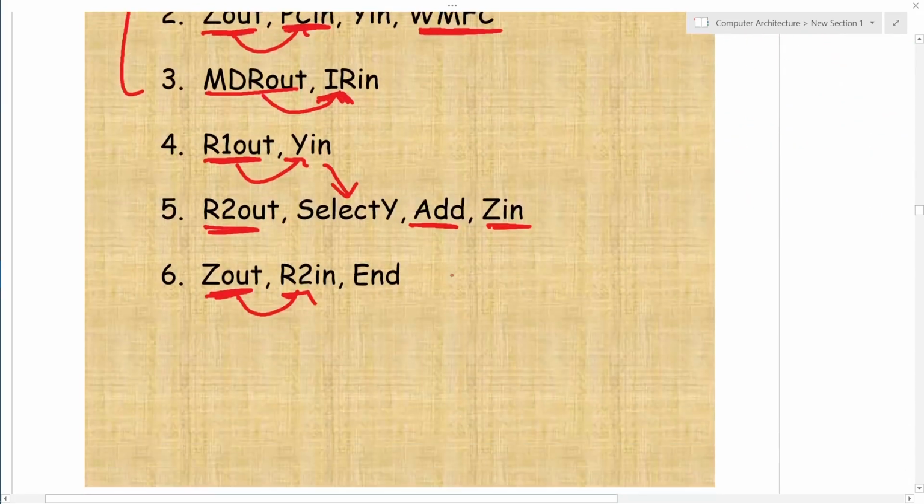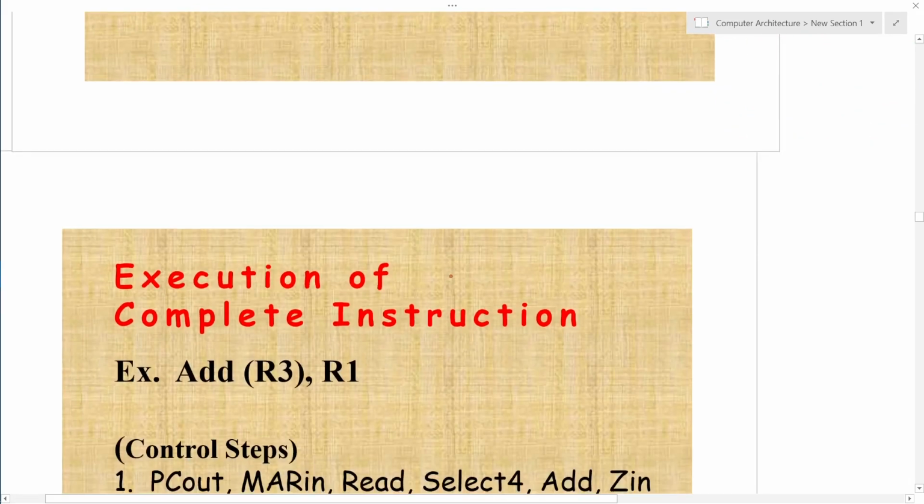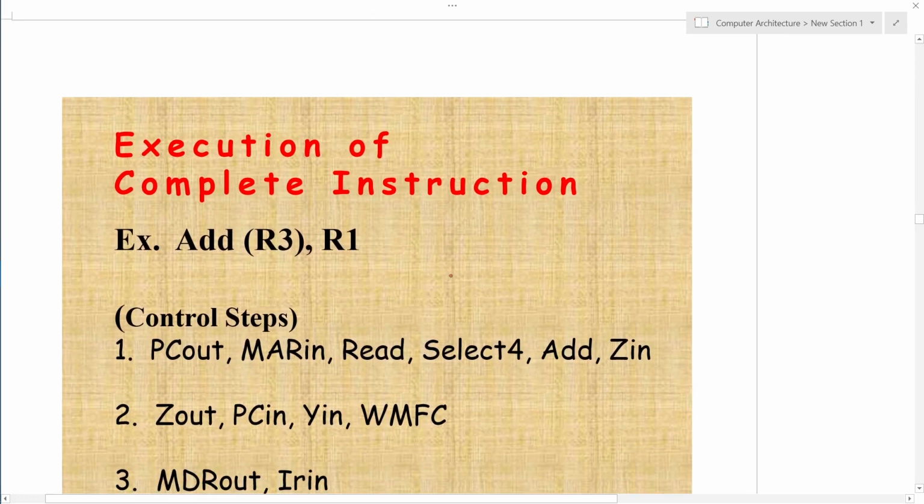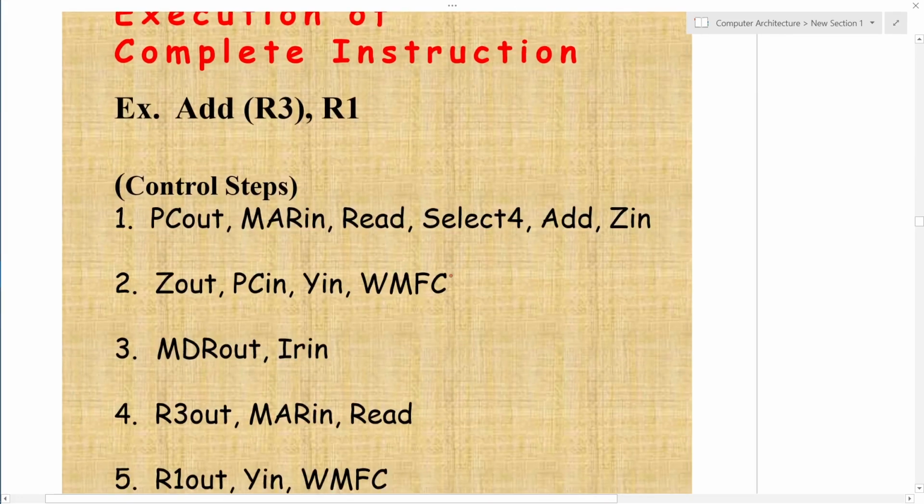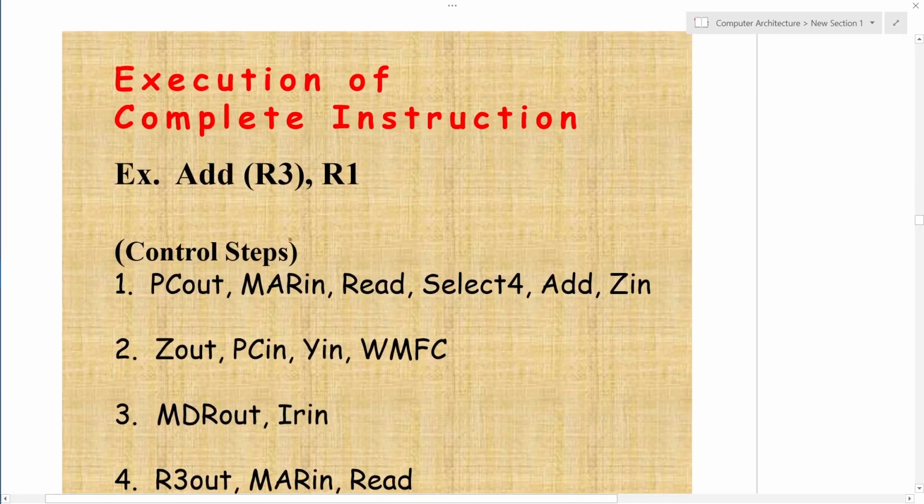Next we discuss another example. This is an addition operation where the register is identifying a location which is a memory location, and the content of that memory location is to be added to the register.